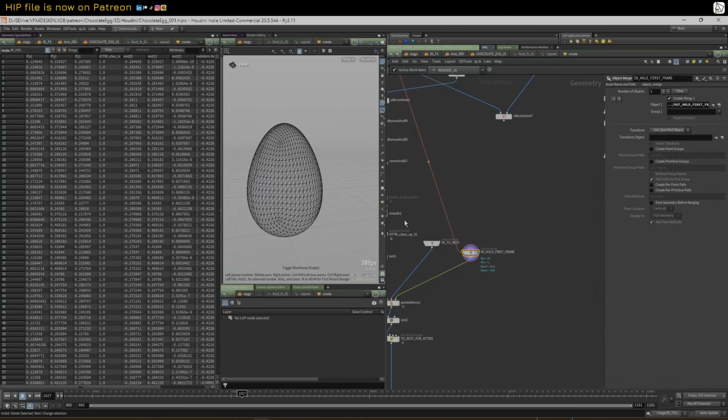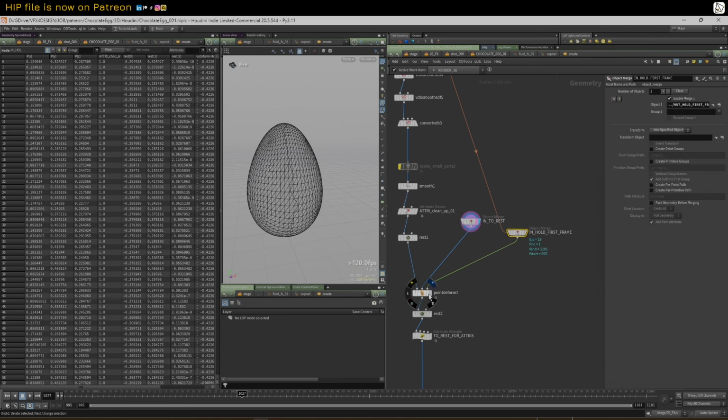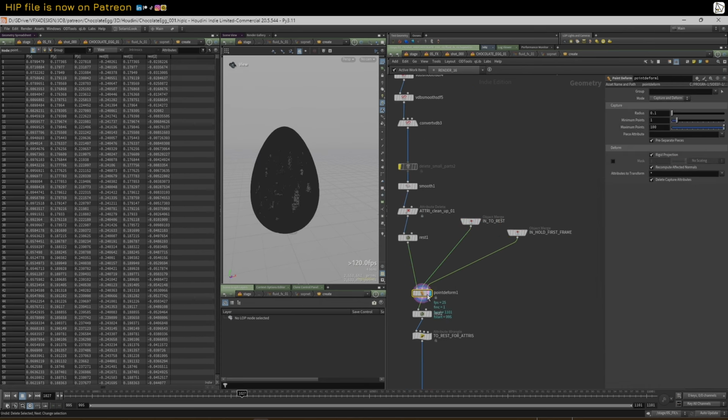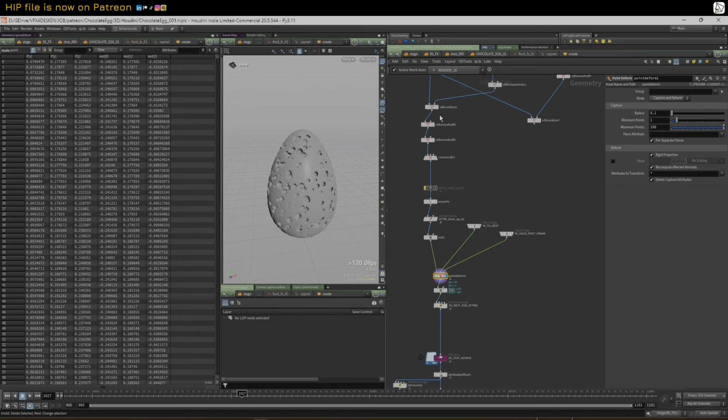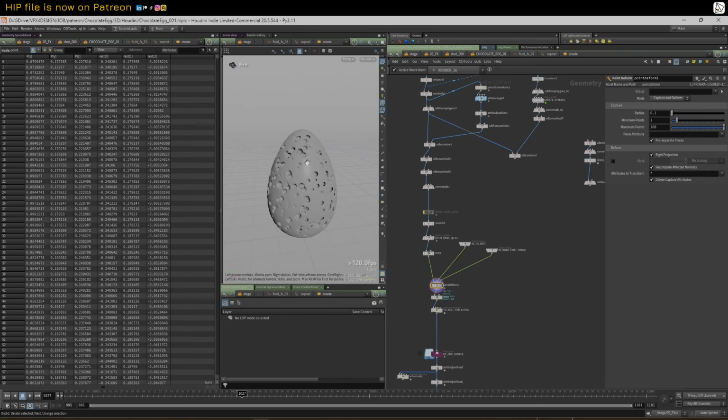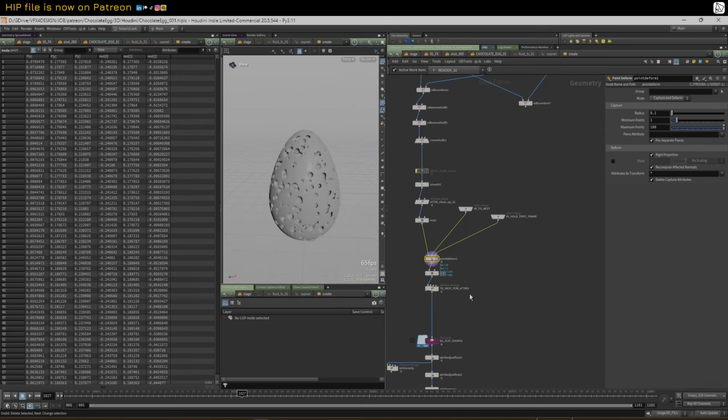So if you look here and here, I'm going to point deform this, and essentially put this back in the start position. You probably can't see, but if this was animated and spinning around, you would have done all your VDB work, and you could do your bounding boxes relative to the world space, like top Y and negative Y, and everything like that would have just made sense. In fact, it'll make more sense when I show you why in just a second, but it allowed me to put this back